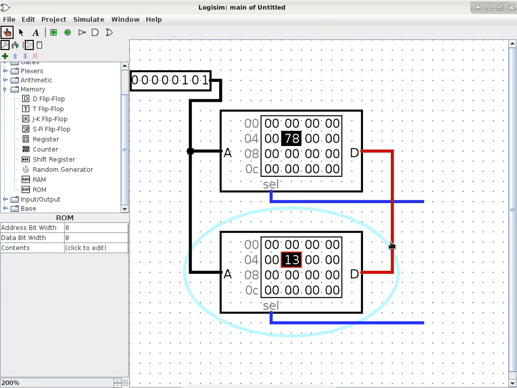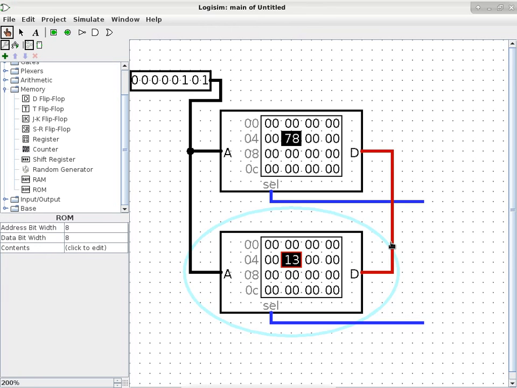A bus is basically the same thing as a multi-signal wire that we have here. That's called a bus. In industry terms, it's called a bus. So we have an address bus to specify which location we want to access, and then we have a data bus so that we can see what is the actual content at that location.